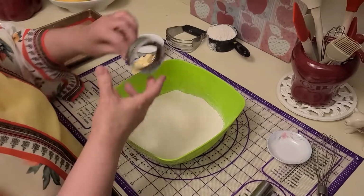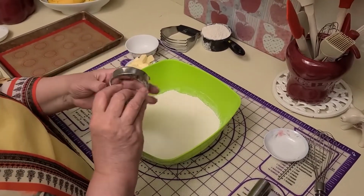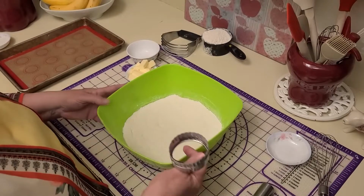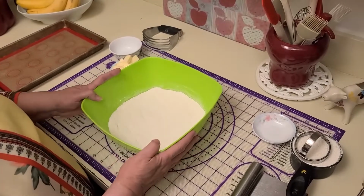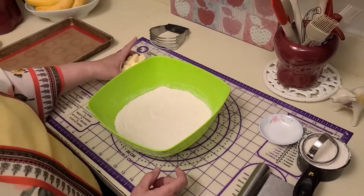Now I have a biscuit cutter. This is a biscuit cutter that's a little bit smaller than what I use for my regular biscuits. I don't know what the size is. I guess it's 1.5 inches. And some bench flour that I'm going to cut my biscuits out with. This recipe makes 8 biscuits. So I'm going to